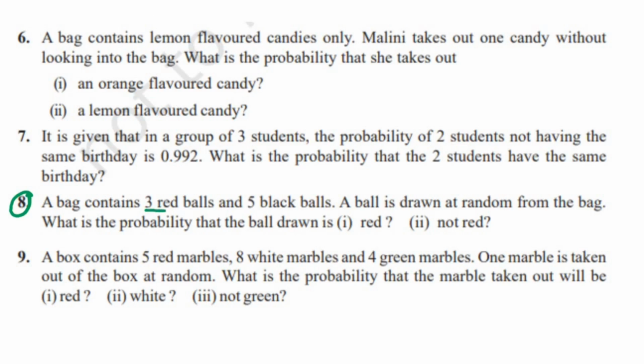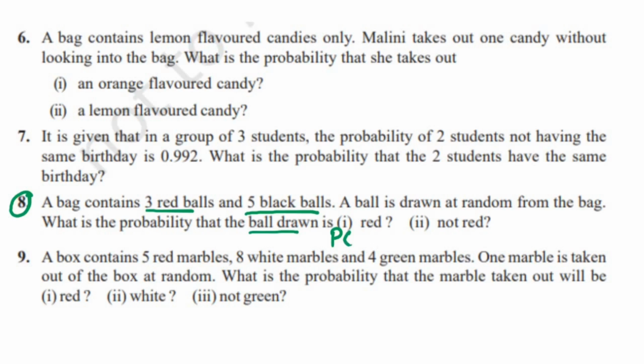Now the 8th question. A bag contains 3 red balls and 5 black balls. A ball is drawn at random from the bag. What is the probability that the ball drawn is a red ball? So probability of happening of an event is the number of favorable outcomes divided by the total number of outcomes. Every time before answering the question, we have to write this formula, then write the number of favorable outcomes, then total number of outcomes, and then the final answer we have to put in the form of a fraction, which I am writing now.